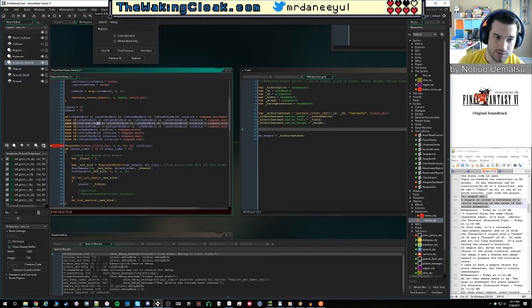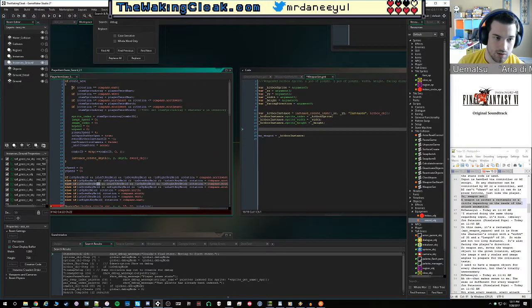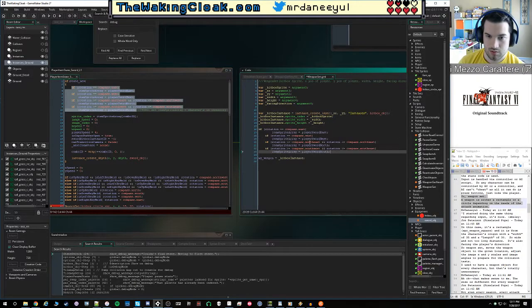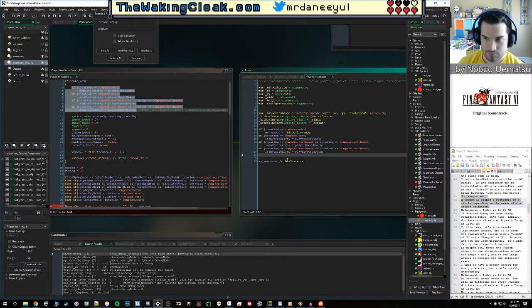Sprite height. Trying to think of how I want to do this rotation thing. Here we go. This is not the most elegant code, but it's okay. So up here, we're going to say,